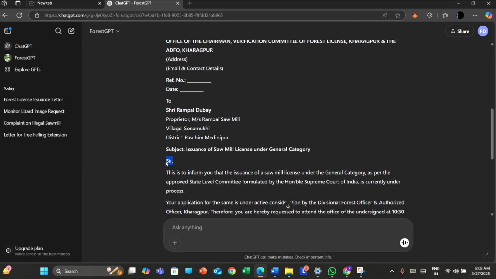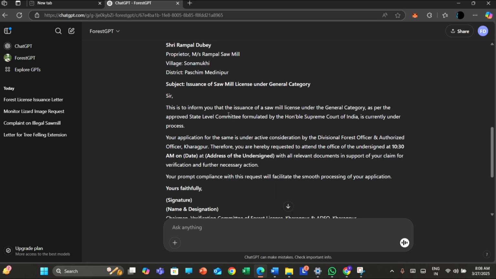This is to inform you that the issuance of a sawmill license under the general category as per the approved state level committee formulated by the Honorable Supreme Court of India is currently under process. Your application for the same is under active consideration by the Divisional Forest Officer and Authorized Officer of your concerned division.